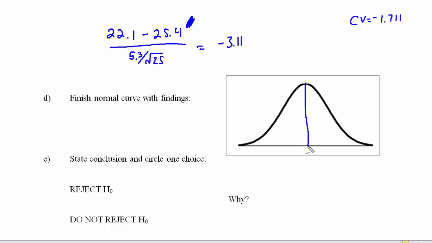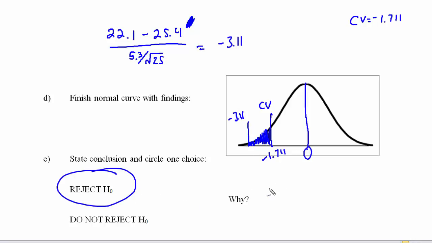So let's put everything up here on the normal curve. 0 to show us the center here, which is 0 standard deviations away from the norm. Our critical value, our CV, is at negative 1.711. Everything to the left is shaded, and we're going to put our flag at negative 3.11, which is our test value, and our test value is in the critical region, so we are going to reject the null hypothesis